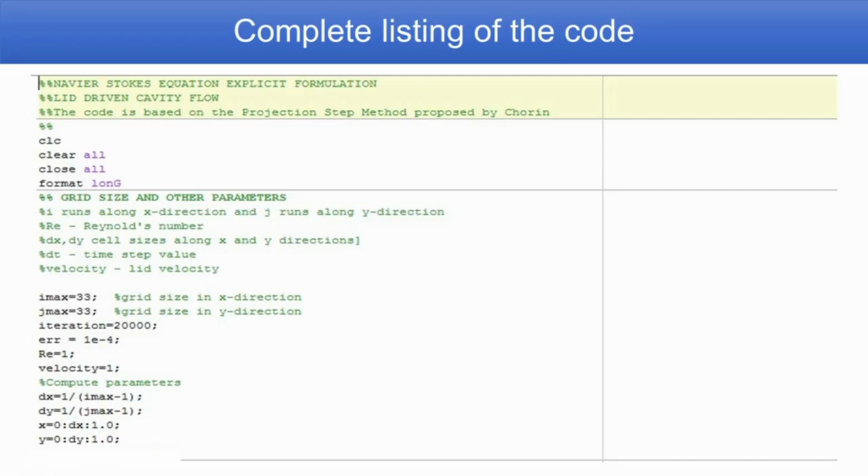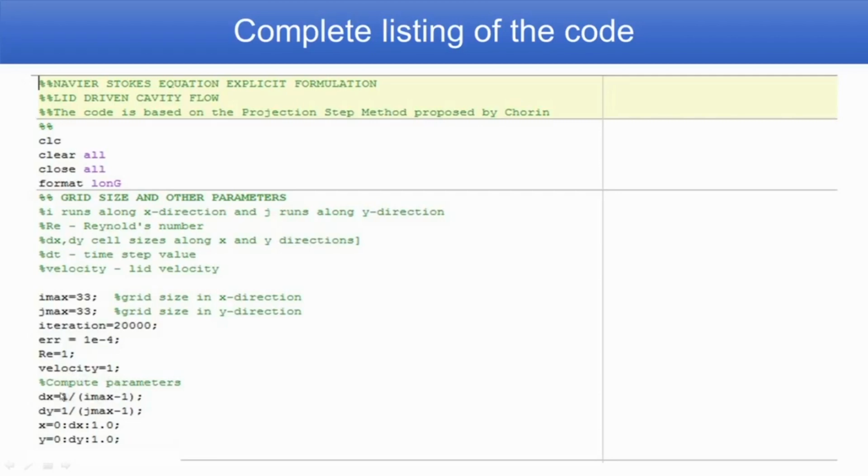So, these are comments written. Again we have explained in the beginning, we are using only 4 grid points, but to get good results we have actually changed the grid to 33, that is why you see here imax 33, grid size in x direction. Similarly, jmax equal to 33, grid size in y direction. We set the limit of iteration to be 20,000 and the convergence criterion, that is error in the divergence, as 10 to the power of minus 4,